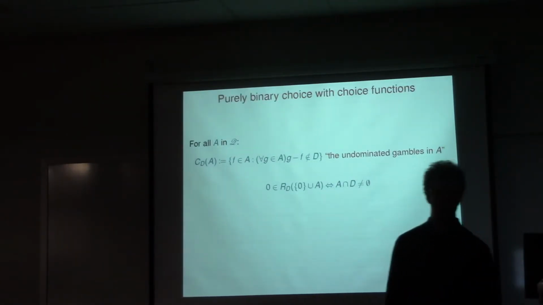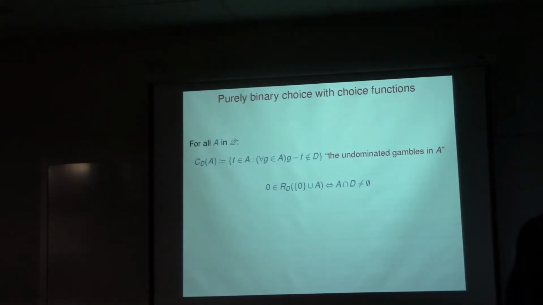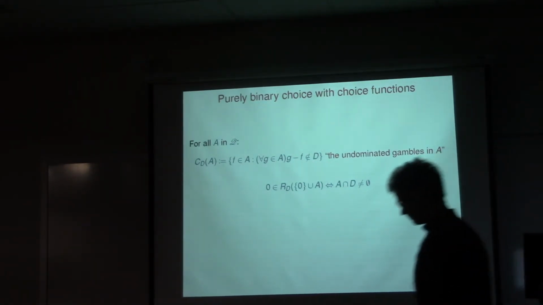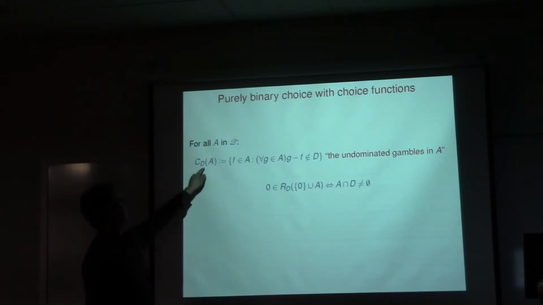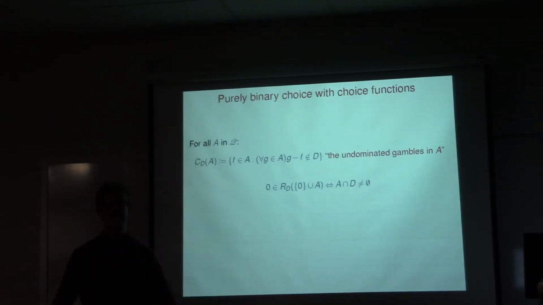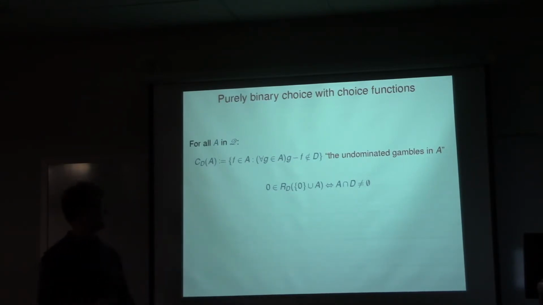Well, what can we do with it? Can we do binary choice with it? Well, at least we hope so, because otherwise it's no generalization of desirability. If I have a set of desirable gambles D, I want to find the smallest, or least informative, choice function that is compatible with it. What do I mean by compatibility? I mean that if a gamble f is desirable, is in my set D, then f should be uniquely chosen between 0 and f by my choice function.